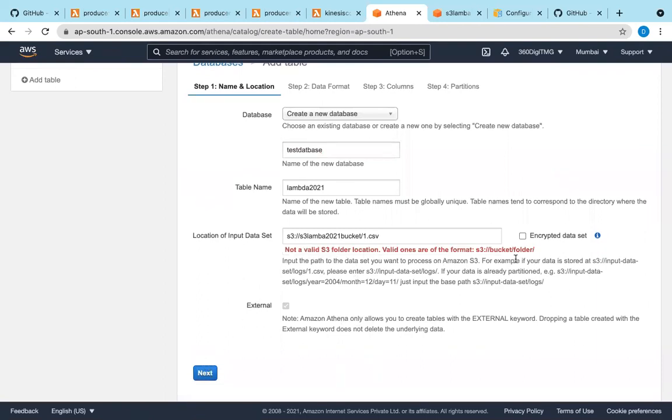Not a valid S3 folder location. Anyway, let us copy this. .csv. Let us copy this.